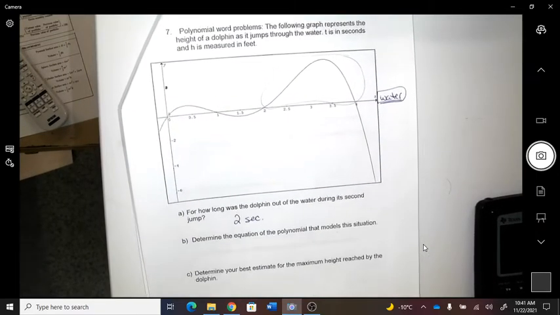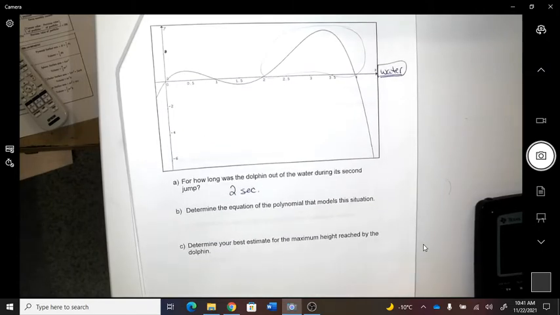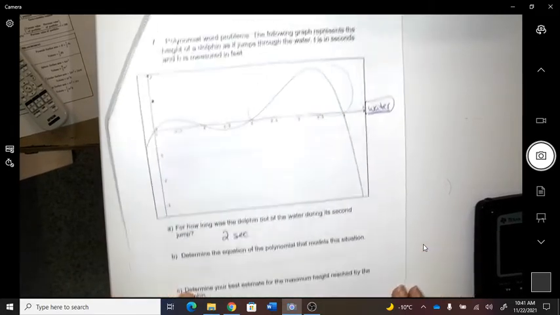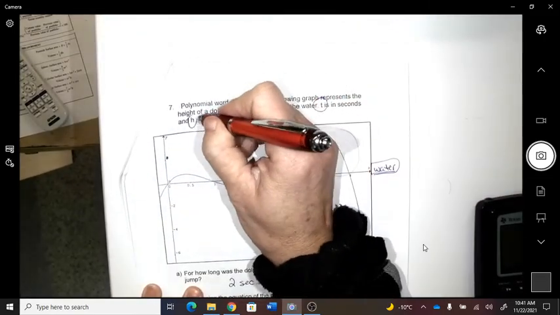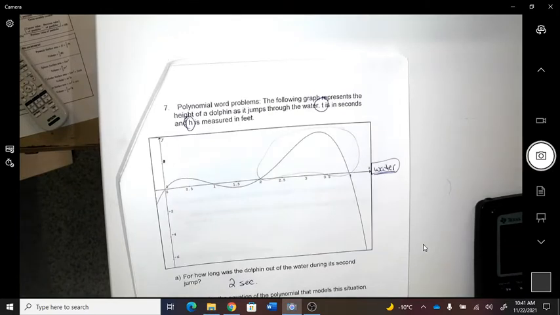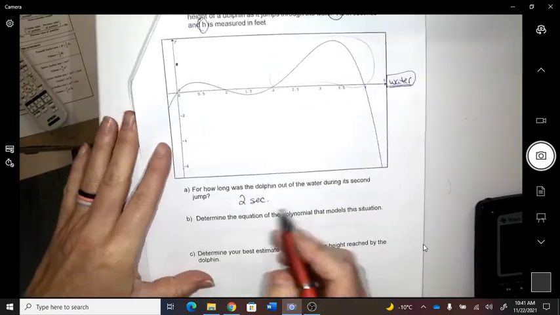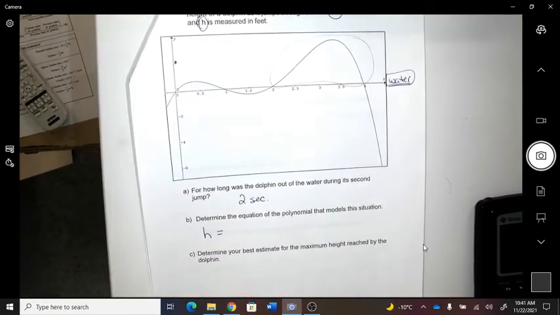All right, determine the equation of a polynomial. So you might lose points on this one for forgetting about communication, so don't do this. I gave you variables. I didn't give you an X and a Y. Okay, so our equation is going to say height equals